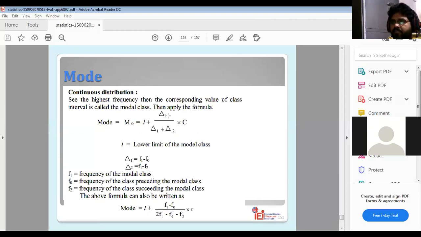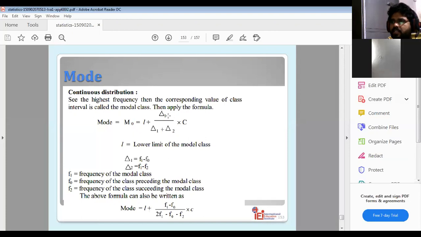What is delta 1 here? Delta indicates the change. Delta 1 means the absolute difference between the sample frequency of the mode and its preceding frequency. Before identifying the difference, we need to find the mode first, that is, the item which is repeated again and again. Then only we can find delta 1.